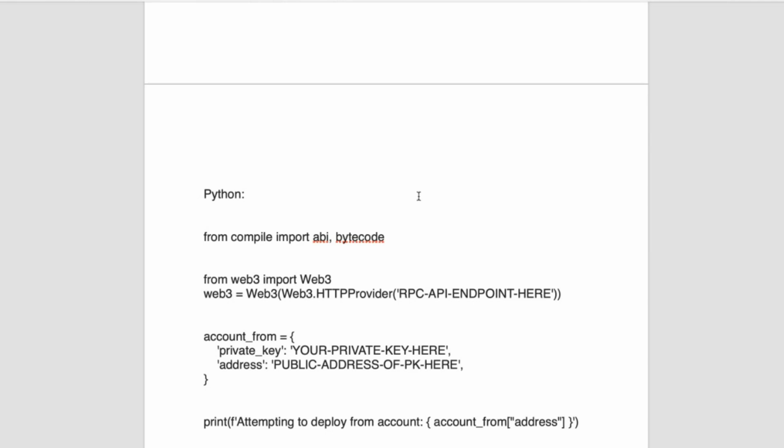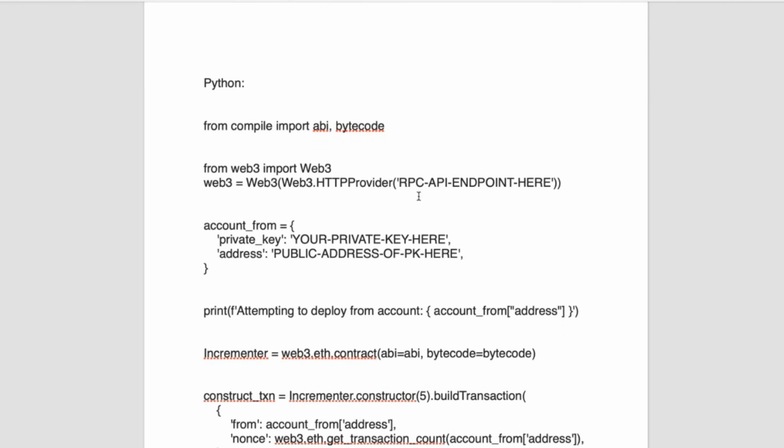And the deployment script file must complete several steps, including importing the ABI and bytecode, setting up the Web3 provider, defining the account from the private key, creating a contract instance, building a constructor transaction, because a constructor is like any other function, and you need to call it in a transaction and sign